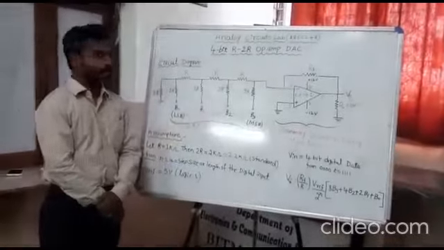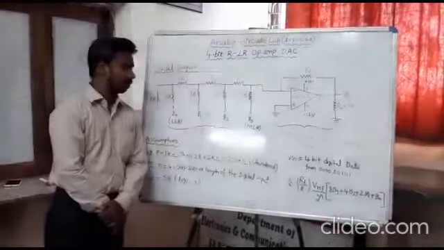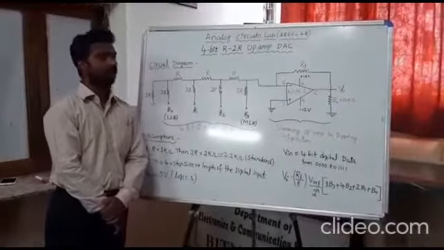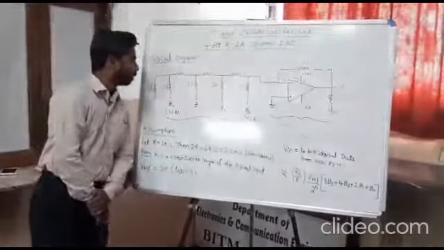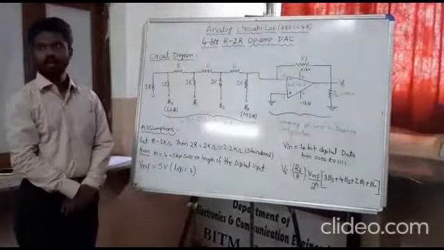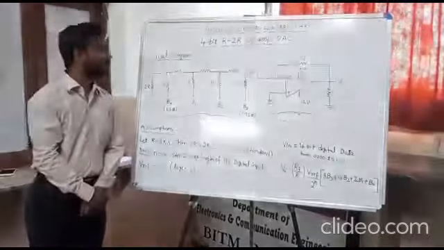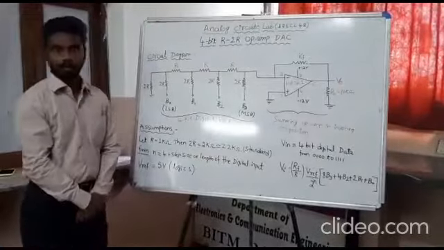So this is a circuit diagram which consists of an R-2R ladder circuit followed by the op-amp in a summing configuration, which will be in inverting configuration. It is a summing op-amp in inverting configuration. So here the circuit is very simple, having only two resistor values, R and 2R. So it is very inexpensive for the purpose of converting digital data into the analog output.